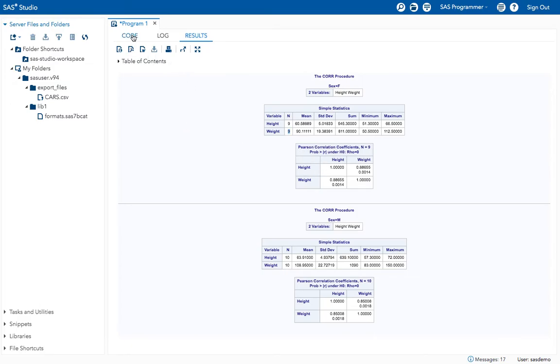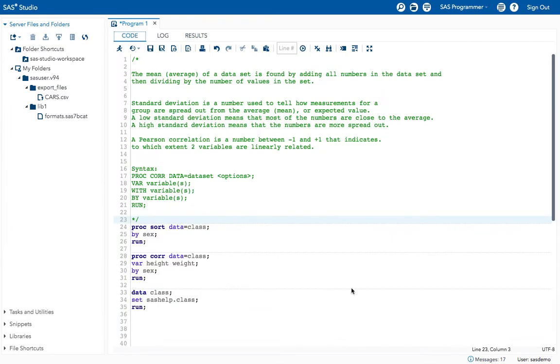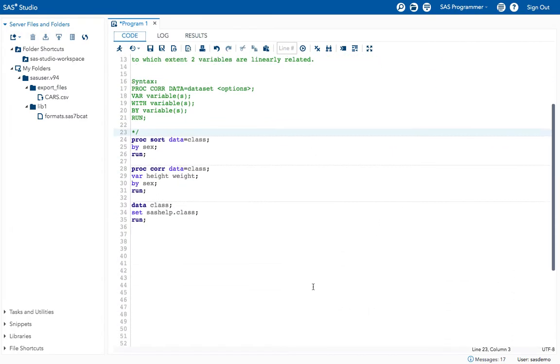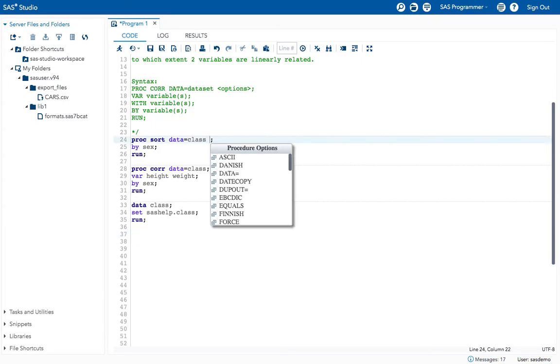Now for example, I want proc corr for different correlation methods. How can I do that? See, in this proc corr statement only, what you will do is, here by default we are getting Pearson.